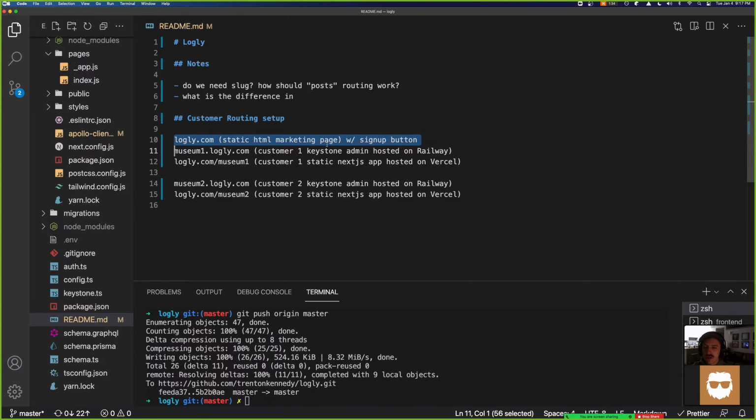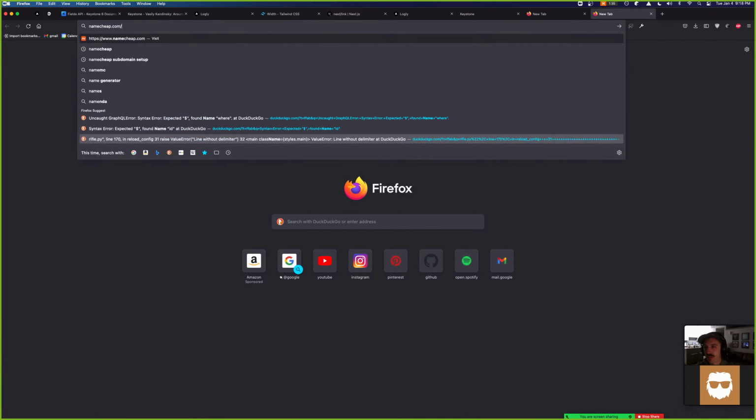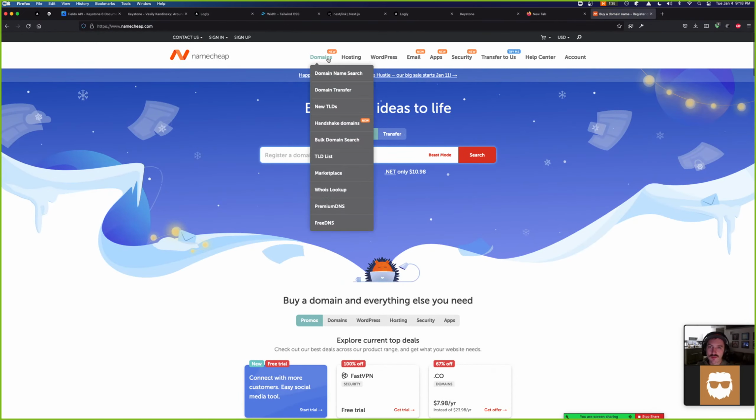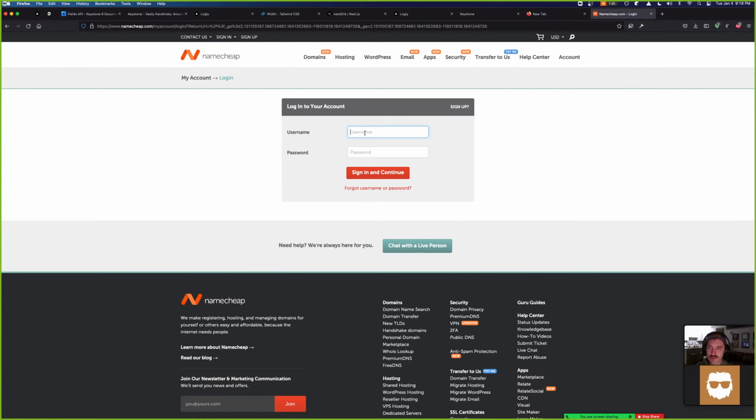How would you manually set this up for right now? Like every time a customer signs up, we manually create a new GitHub repo with their own. I guess that's just a domain thing, right? So I guess if I just go to Namecheap, yeah, this is where all my domains are.